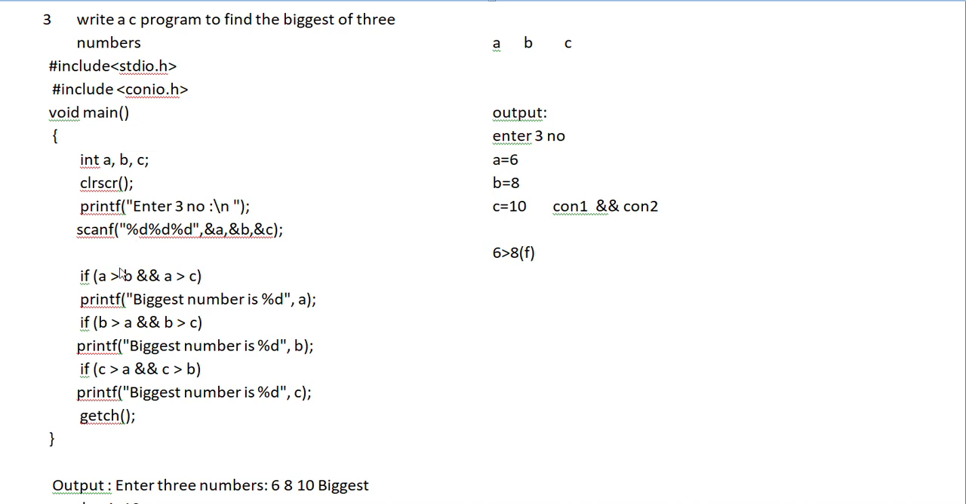Before going to the tracing, let's understand what this symbol represents. This symbol represents the logical AND. So we have condition 1 as well as condition 2. How will it work? If condition 1 is true